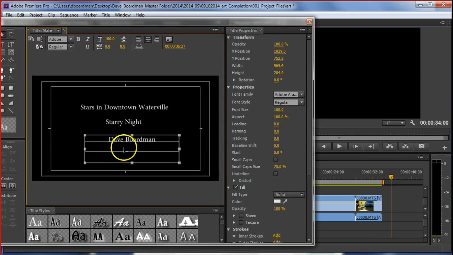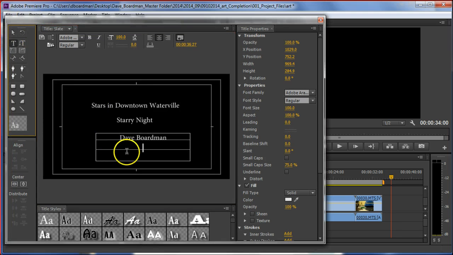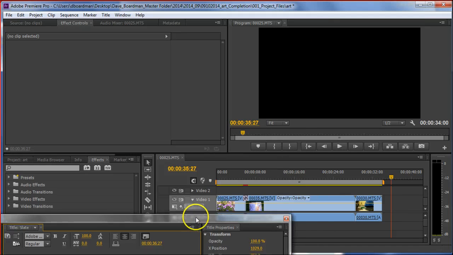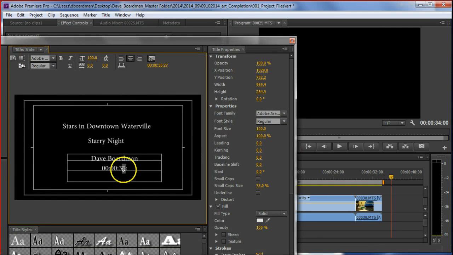Let's make sure I'm working over black. And let's go ahead. Now sometimes you got to remember to put on the text tool. I've sort of missed it there. So let's put the text tool back on. And it's hours. My computer's a little laggy tonight. There we go. Minutes. And seconds. And frames. And I was at, whoops, 3527. So let's make that quick fix. Okay, so that is my full